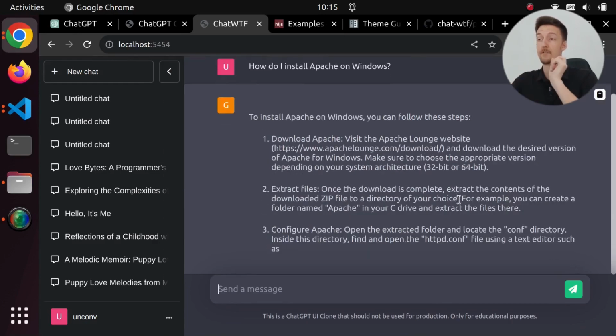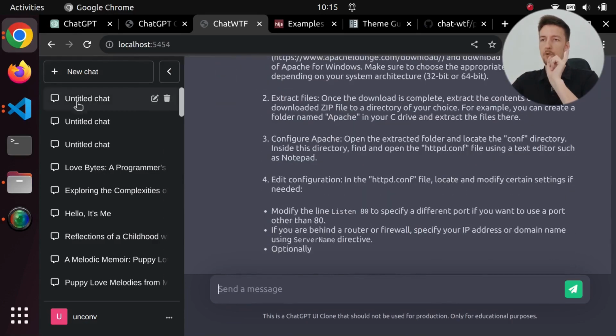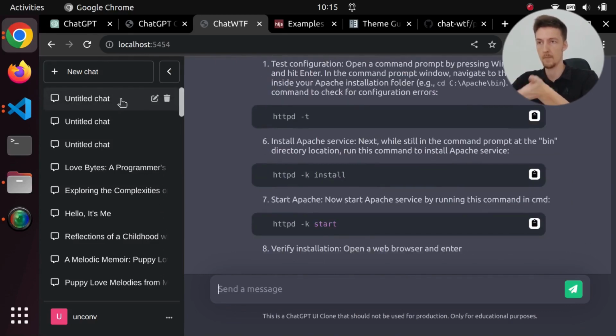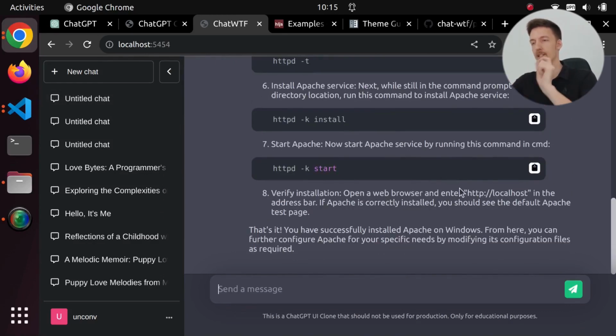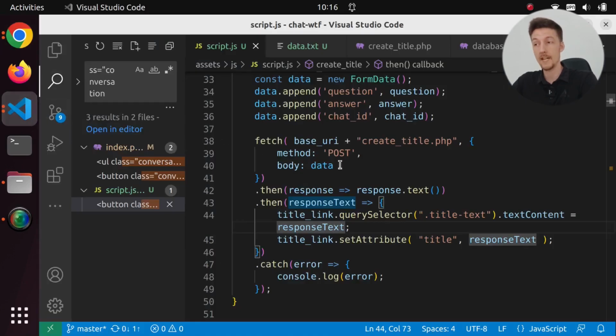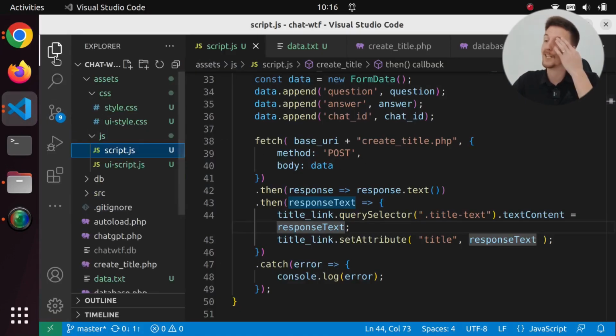And once it has finished the answer, then we should get a new chat conversation link or button, and it should have a title for this conversation. And that will happen right now or not. So why did it not work? Actually, let me refresh. So why don't we actually create the title? That should actually be saved